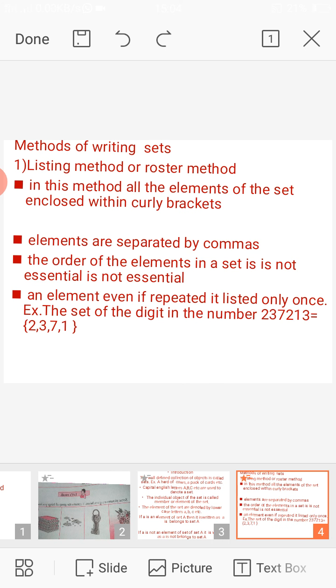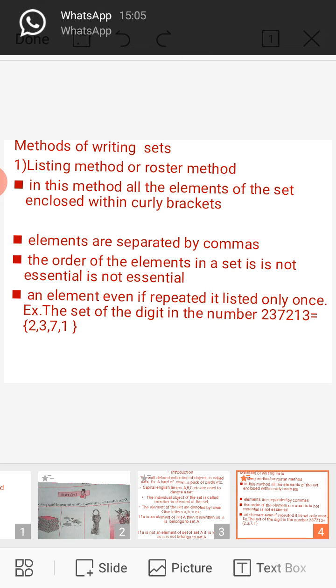The methods of writing sets. There are two methods of writing sets: the listing method or roster method, and the second, the rule method or set builder form. Let us see the listing method.